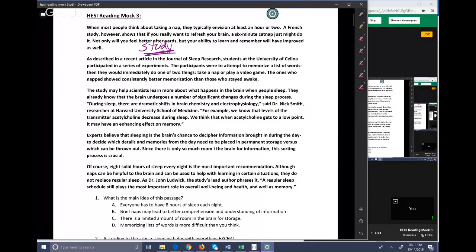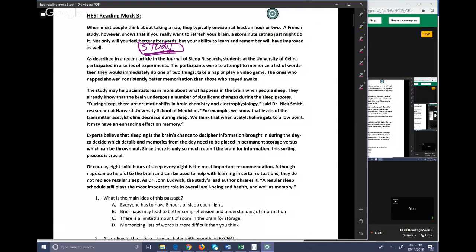The difference, and I get that question a lot, what is the difference? How do I know if I should put the study in the main idea or not? You'll never screw that up if you're using critical strategy, because if it's in the first paragraph, if study is a word that you see as they are playing out their main idea for the first time, then it is part of the main idea. Otherwise, if they do mention a study but you shouldn't put that in your main idea, they're not going to mention the study till later.